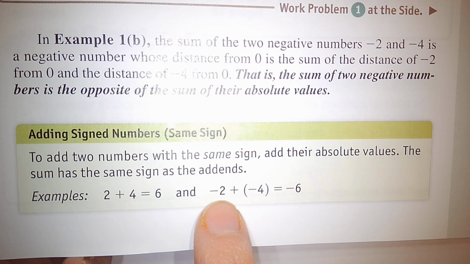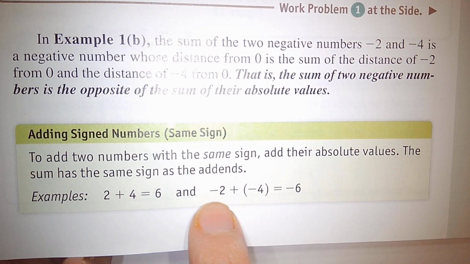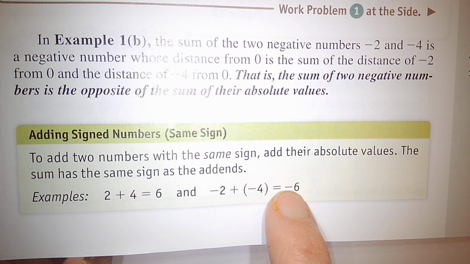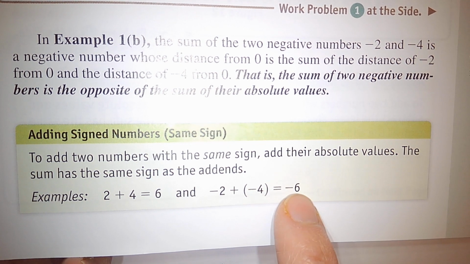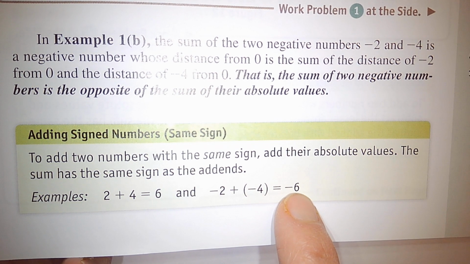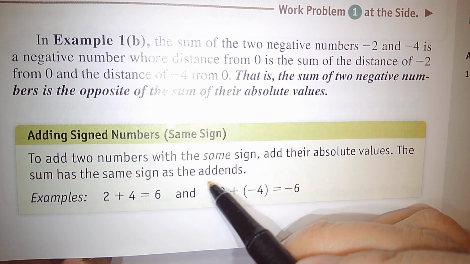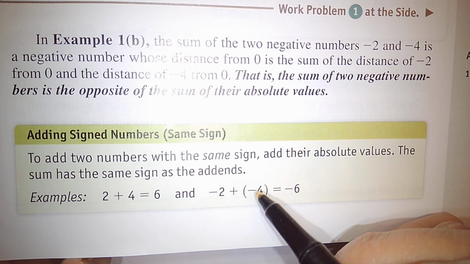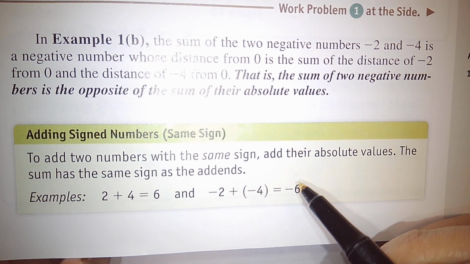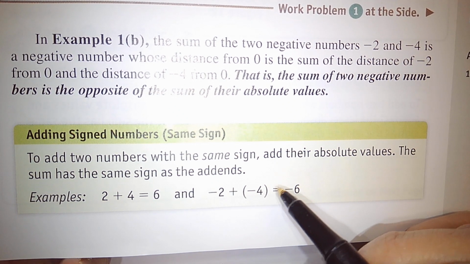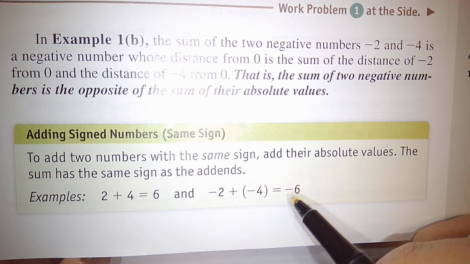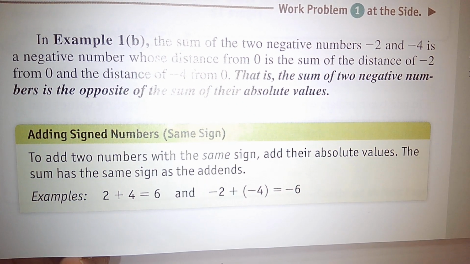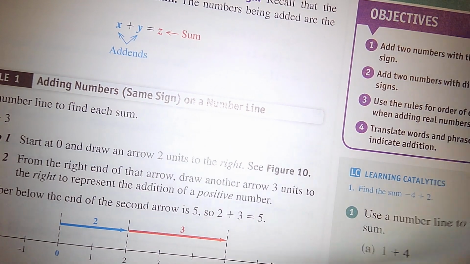When we are adding two negative numbers, same sign, right? Eventually we keep the same sign, negative. And where do we get this 6? The absolute value for negative 2 is 2, the absolute value for negative 4 is 4. So add up 2 and 4, which gives us 6. But we keep the negative sign, okay? So this is adding up signed numbers with the same sign, okay? Alright, so